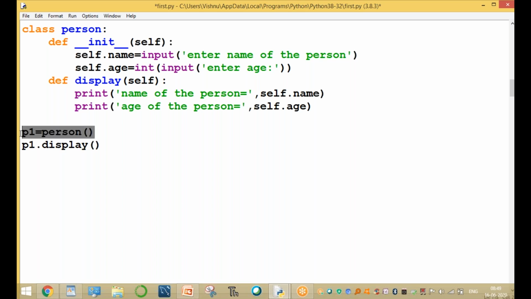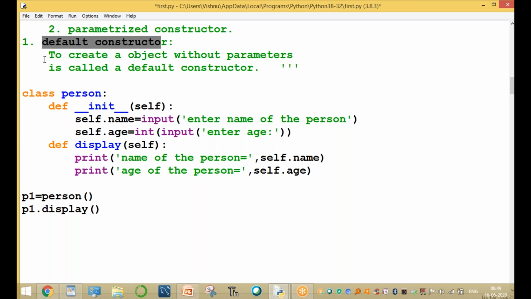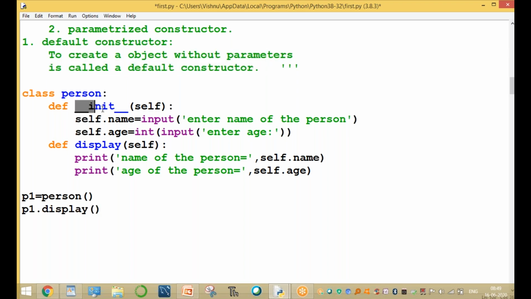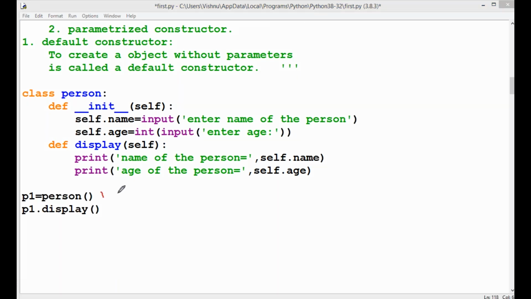This is the default constructor, meaning we are creating an object without parameters. Whenever you are creating an object, this function, the body of the constructor, is automatically executed. That means enter the name, enter the age, and then go back to the main program.